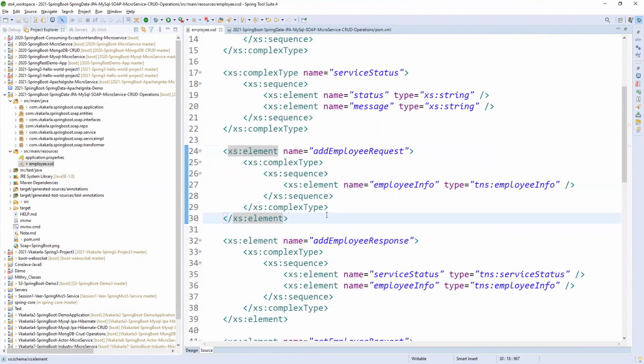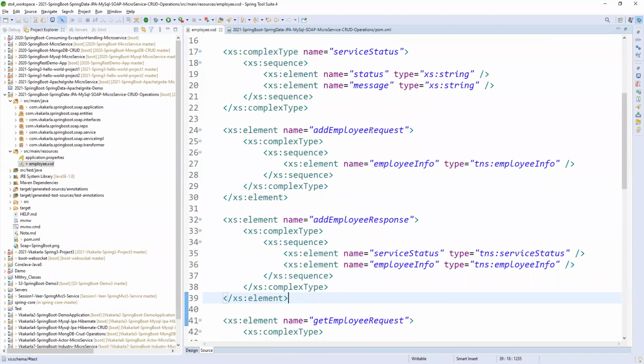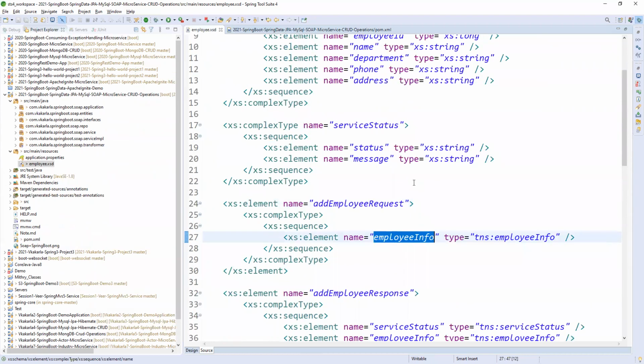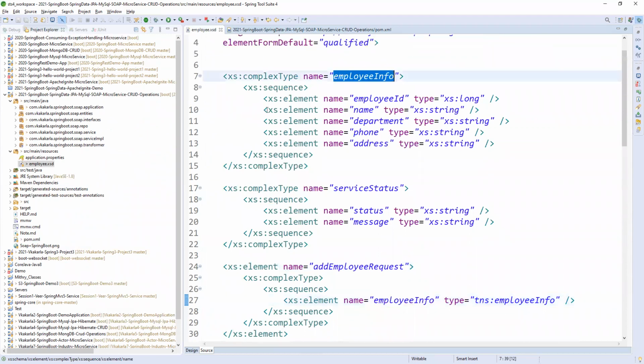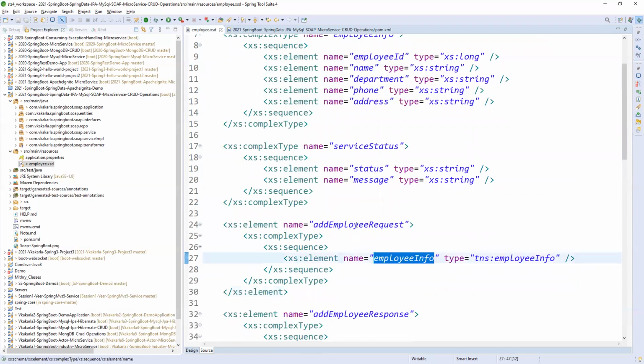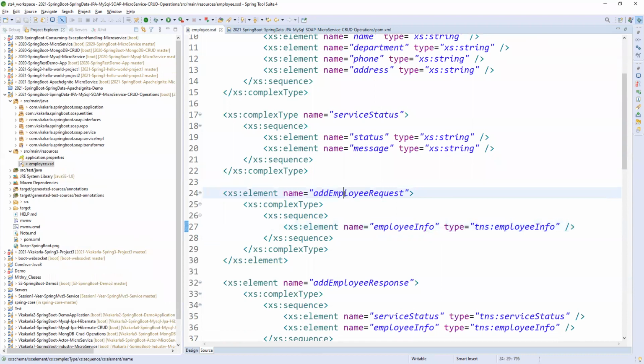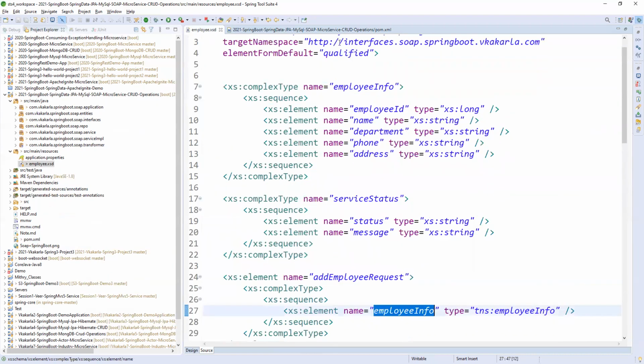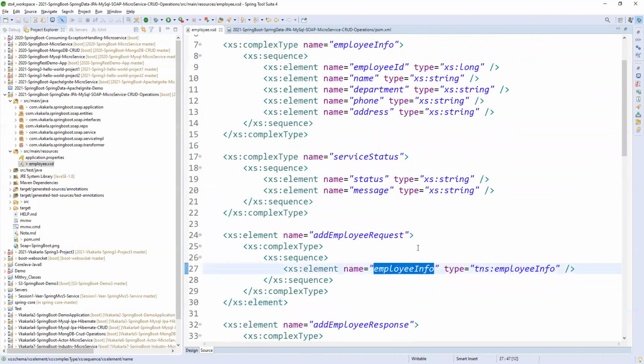So from the control layer we are passing a request object, and from the control layer we are getting a response object for the add operation or add endpoint, right? Add service. Like that, to add an employee, obviously we need employee information. So this is the employee information that will be available in the add request object. This is the parent object, and the child object is nothing but employee info. So that will be generated.